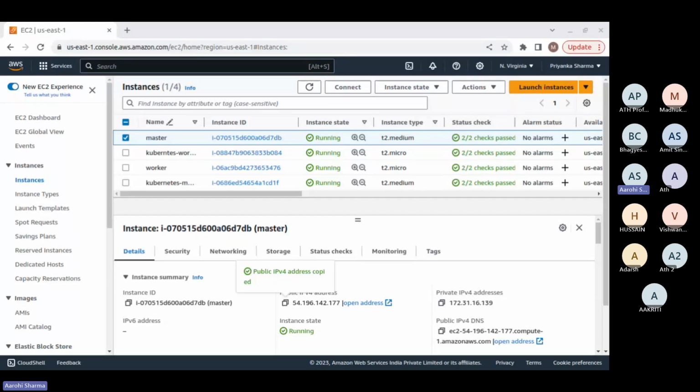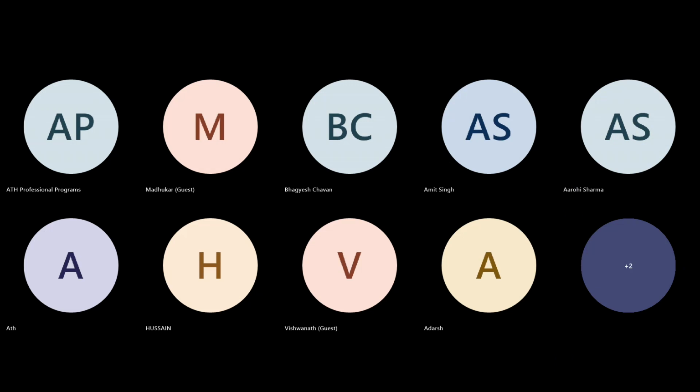My specific requirement is version 1.24.0. So guys, just give me a minute, and tell me once you are all able to see the terminal.